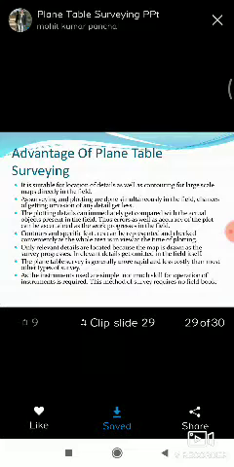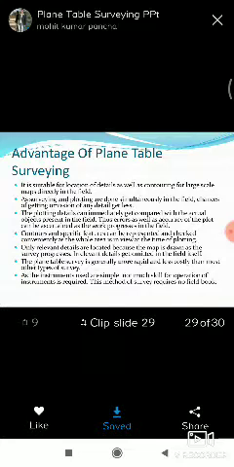Next advantage is that the instruments used in the plane table are simple and not much skill is required for operation. So in the plane table survey, the instrument is very simple and no skilled person is required for operating it. There is no requirement of a field book.